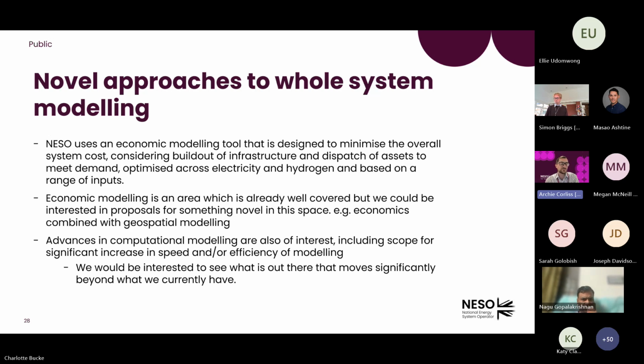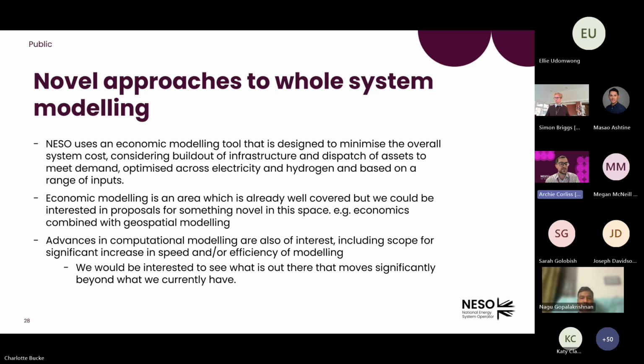I mean, just to highlight a few things here, though this is obviously not an exhaustive list, things like advancing computational modelling that might allow us to evaluate a wider range of input data. Obviously, there are always trade-offs you have to make when modelling some of these things, in terms of the level of granularity you are able to include compared to the level of robustness of the outputs that you want to consider, and the overall time that it might take to complete different model runs.